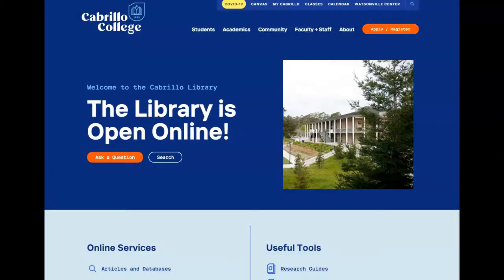This video covers searching in OneSearch and using keywords and filters to narrow down your results. So we've looked at some of the databases like the newspaper databases, and now we're going to look at the